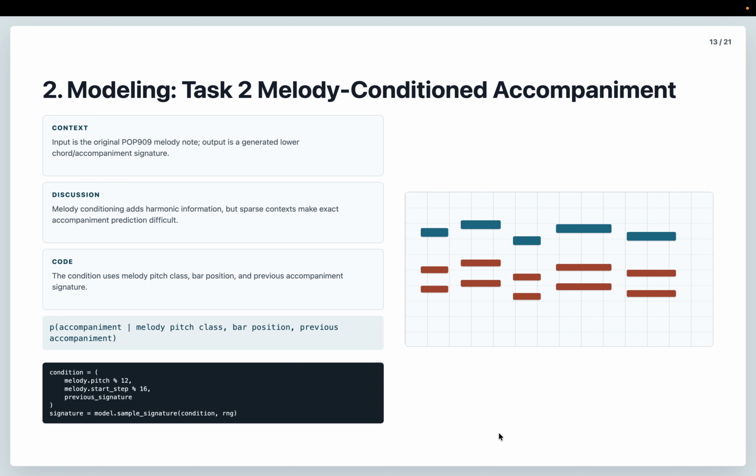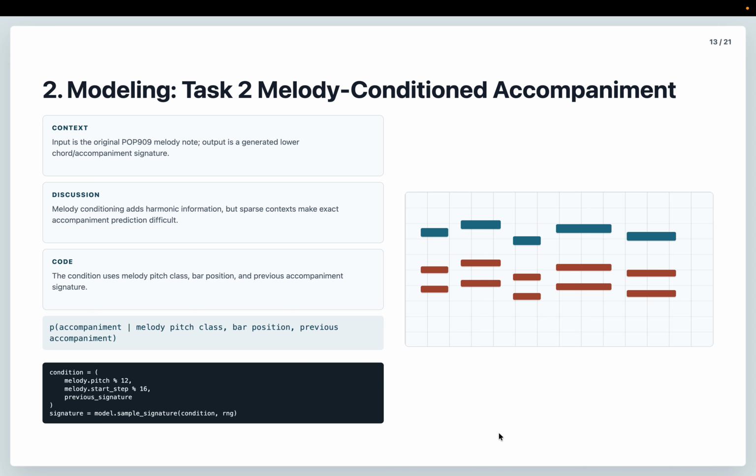For task 2, the model is conditioned on an original Pop909 melody prompt. The main melody is not claimed as generated. The generated part is a lower accompaniment underneath it. The model predicts an accompaniment signature, which is a set of semitone distances from the melody note down to active accompaniment notes.